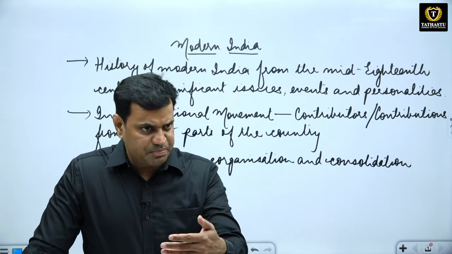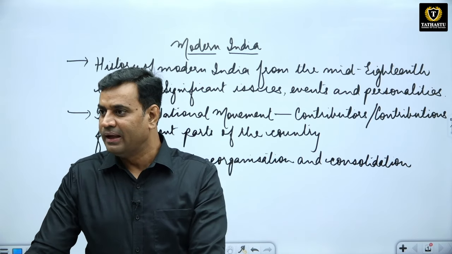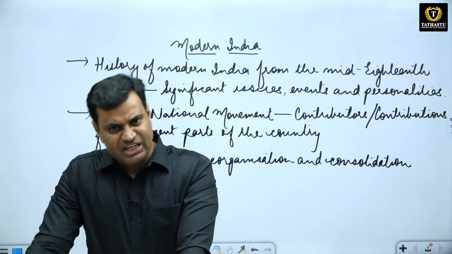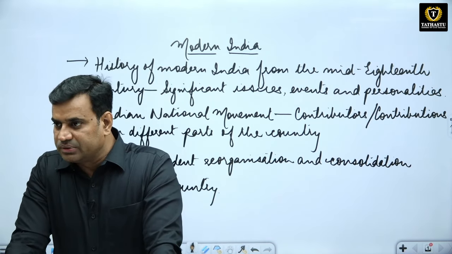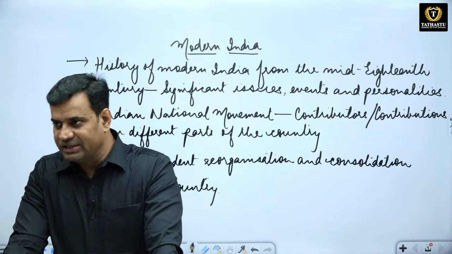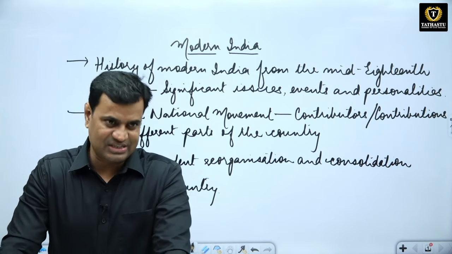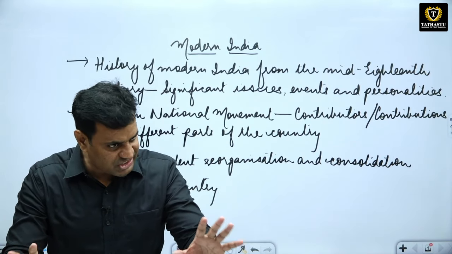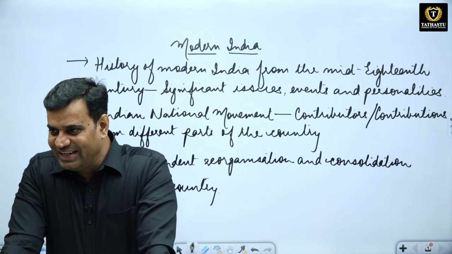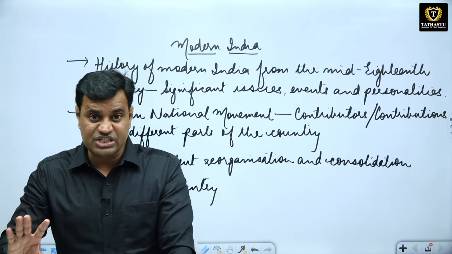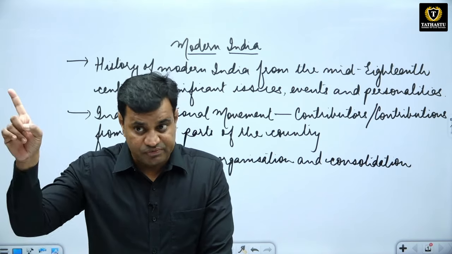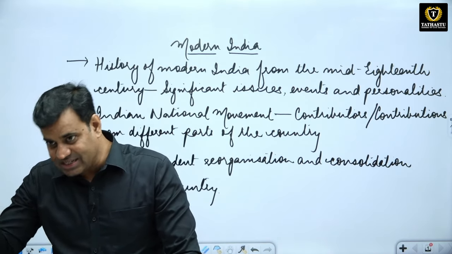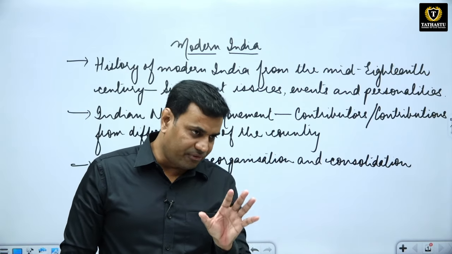Clear? When the Portuguese began to earn a huge amount of profit from India, it generated interest among other Europeans as well. Clear? The next European power to come to India were the traders from Netherlands or Holland, who are known as the Dutch traders. Clear? And when the Dutch traders came to India, they established a proper trading corporation in 1602 known as the Dutch East India Company. Clear? But the Dutch did not touch the western coast of India because it was dominated by the Portuguese. Clear? The Dutch tried to dominate the eastern coast of India, and they established the first settlement at a place known as